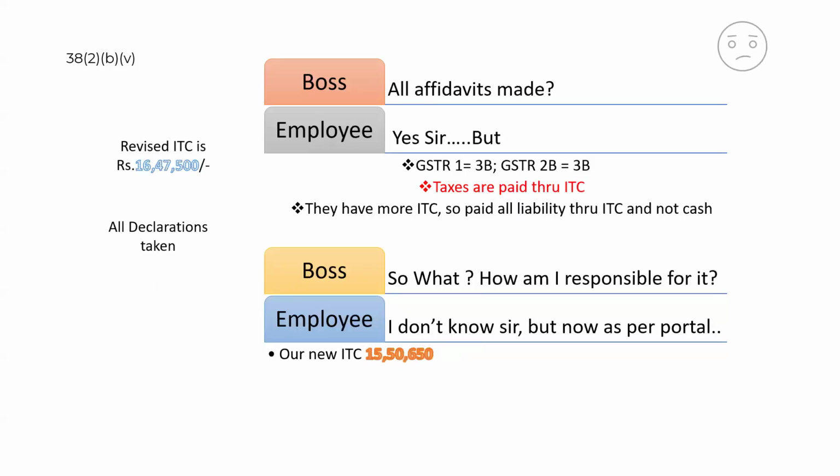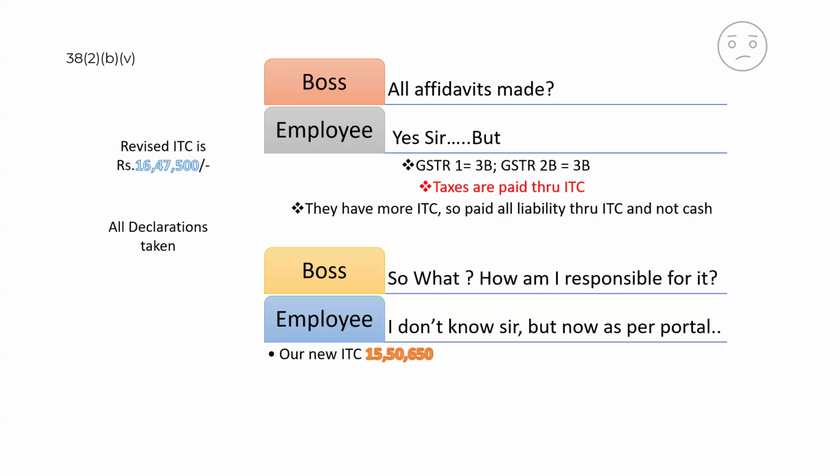So now one more condition is payment of taxes in 3B by ITC and not cash. This is actually a condition where section 49 subsection 12 prescribes a condition in a certain category of registered persons wherein at least 1% they have to pay the taxes through cash and they cannot avail the ITC even though it is available in their electronic credit ledger. If this condition is not fulfilled by the supplier, then again the recipient will be restricted to avail the ITC